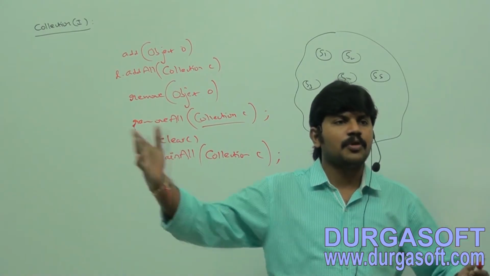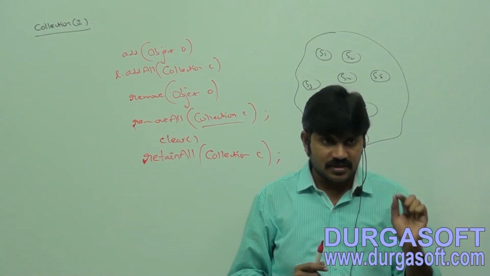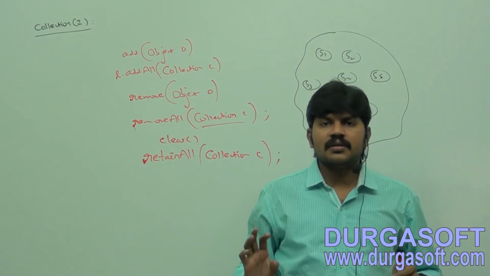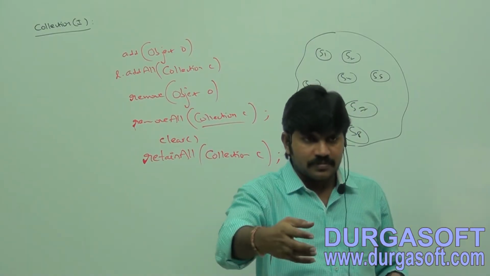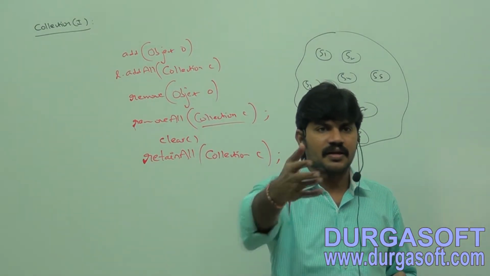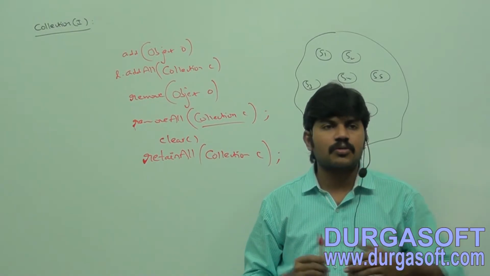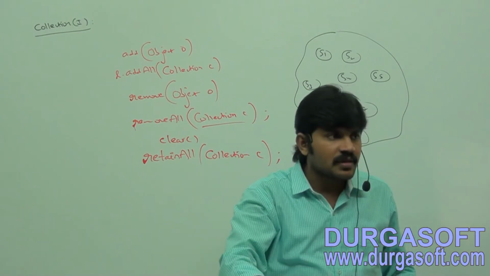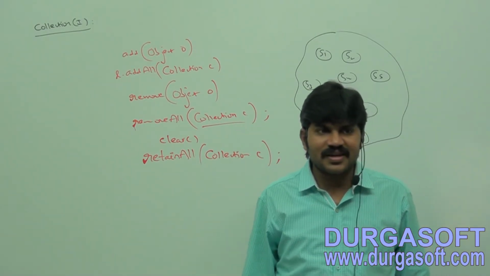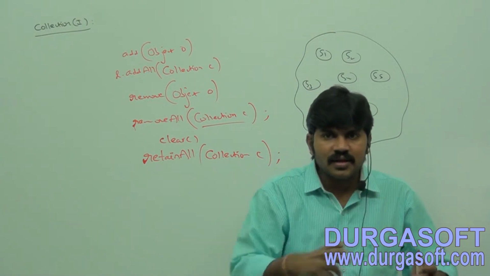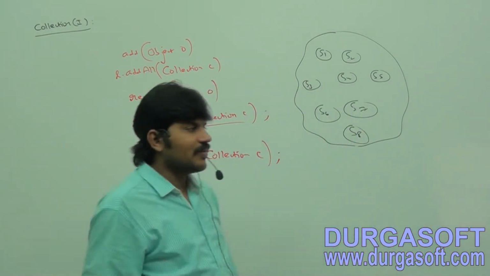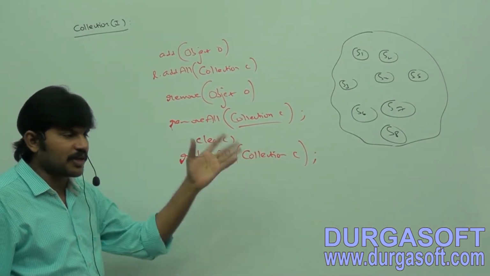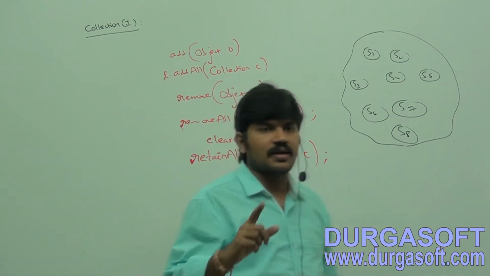Now, sir, in this batch, morning batch people are there, evening SCJP batch people are there. Assume there are some people who came from outside only to attend the collections concept. I want to talk personally with these new people, whether they are getting the concept well or not, whether my classes are going to meet their requirement or not. Except these new members, all the remaining people, can you please go out? Then which method do we use? Retain all of new members, right? All the remaining members by default will be gone. This is what retainAll is.